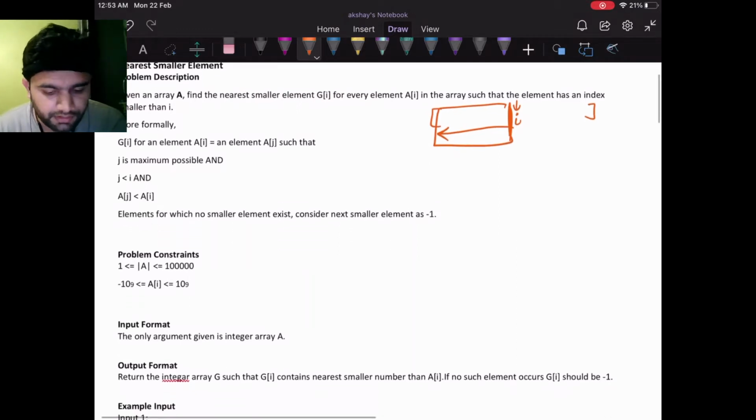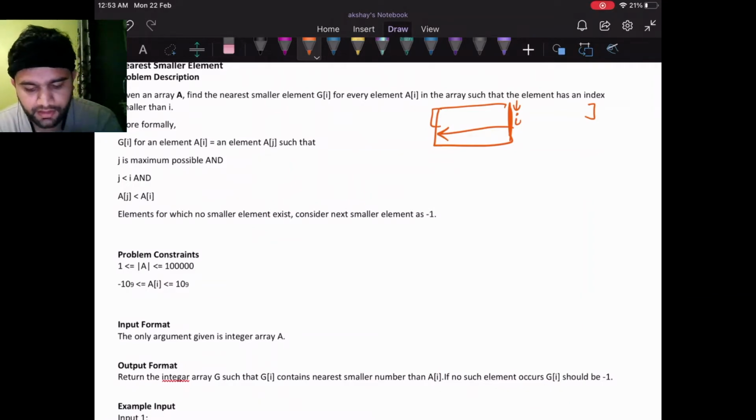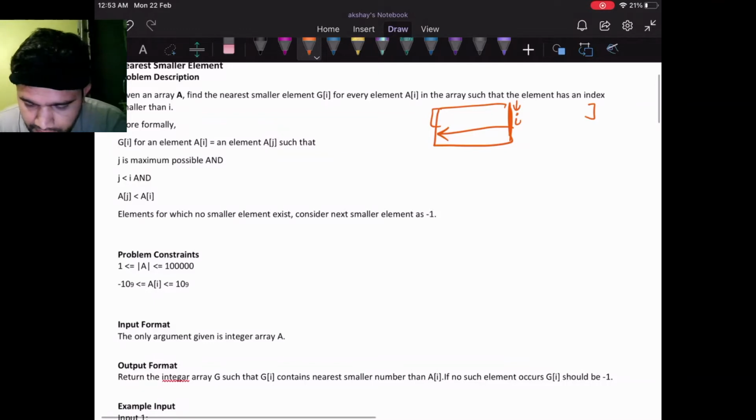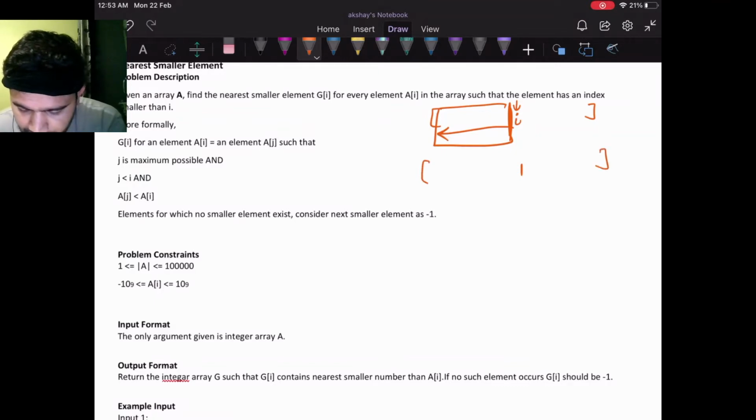Let's consider elements for which no smaller element exists. Consider the next smaller element as -1. That means if I have some element like 1 here, and all the elements are greater than 1 until the 0th index, I can consider -1 as the nearest smallest element.